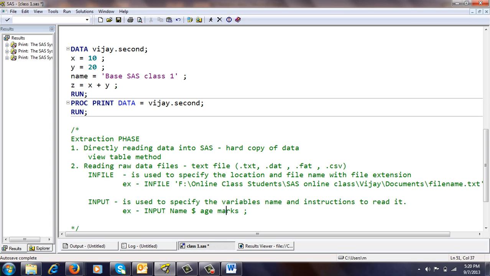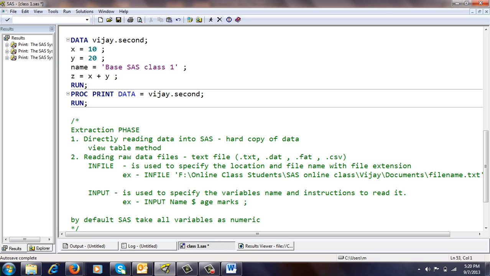By default, SAS takes all the variables as numeric variables. If you do not give the dollar symbol, it will be taken as numeric.